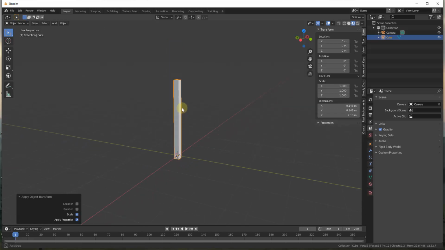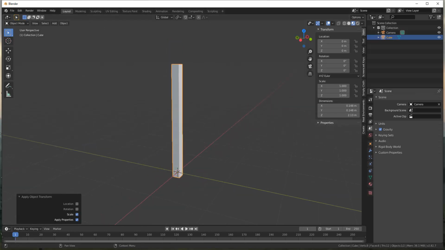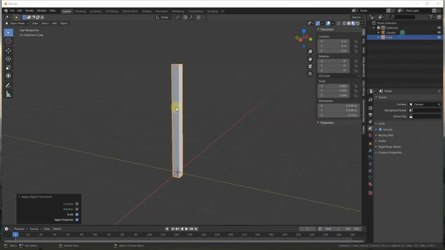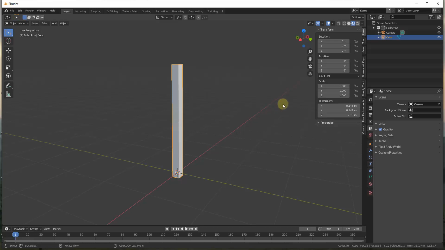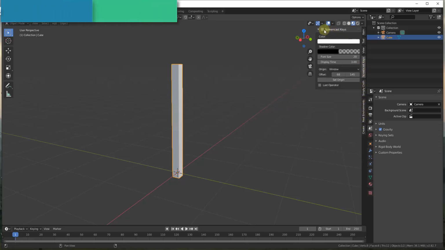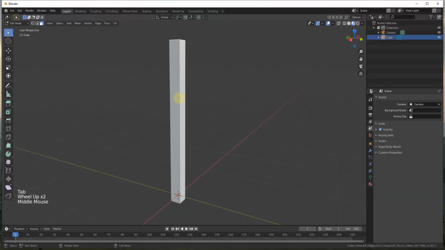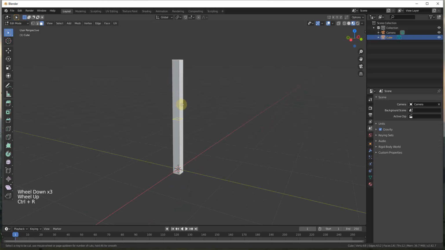And so one thing that we can do when we're doing this is, if you look at the image, these posts aren't necessarily straight up and down, right? So for example, there's kind of some ins and outs, they're kind of irregular, and so we're just going to add a little bit of detail to this just by coming in here and adding some edge loops. So I'm just going to select this object and hit the tab key, like this, in order to go into edit mode,